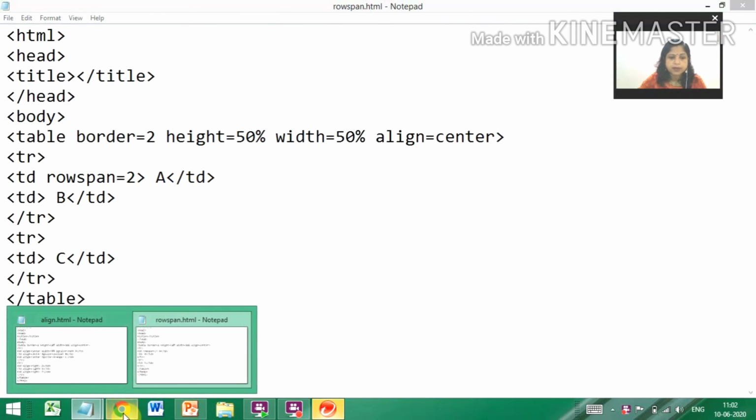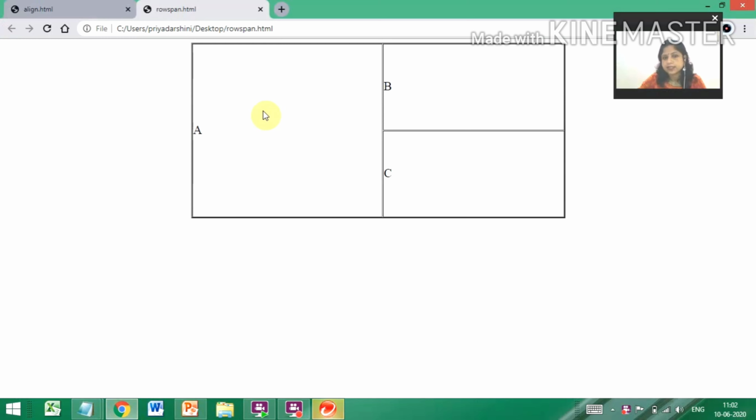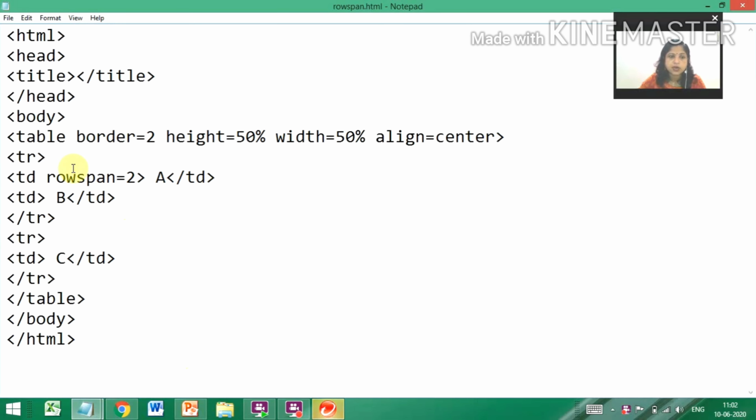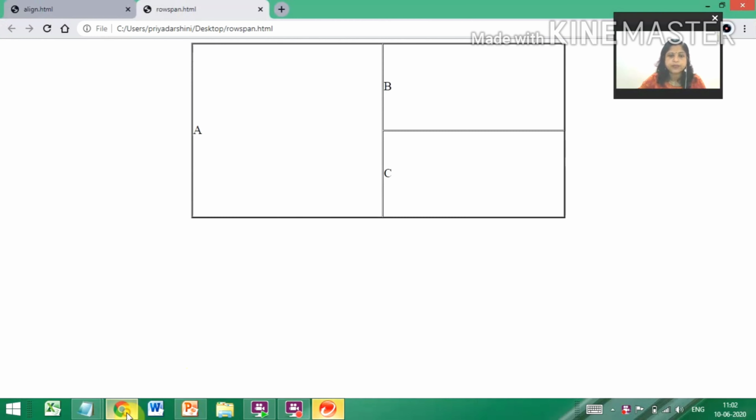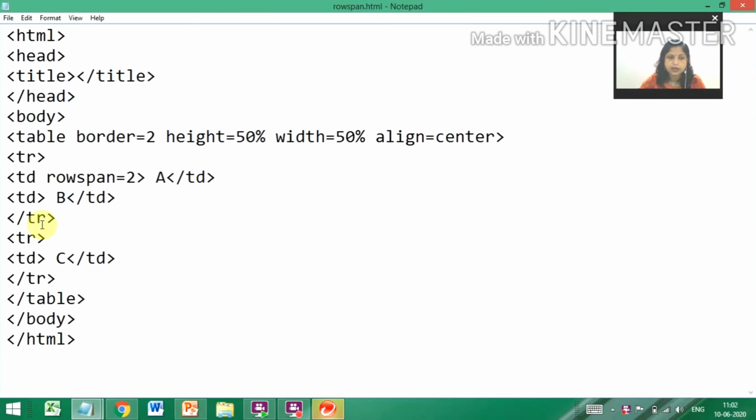Then this is the first row's first data, which covers 2 rows, and this is your second data. So I have written TD B, then the first row is over. When you start the second row, the first cell is covered by the row above, so there is no data for it. The only data is on this side, that is your C. That's why only one data is written in the second row: TR, TD, C, TD.